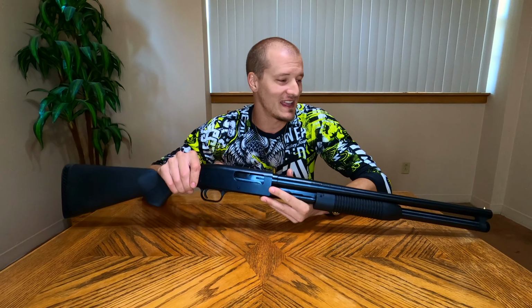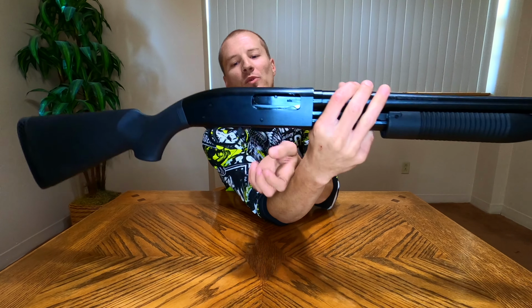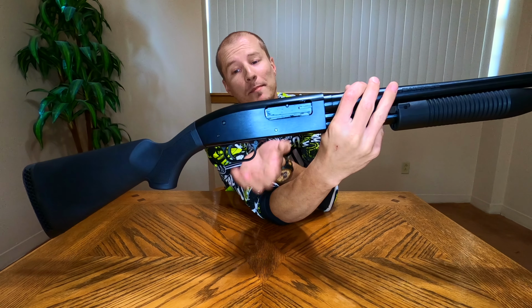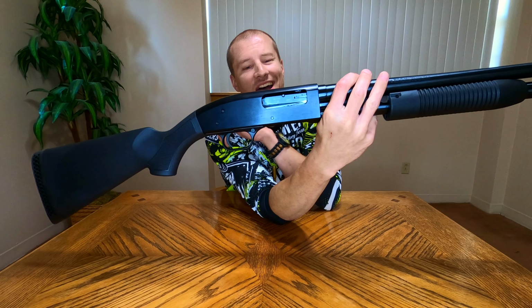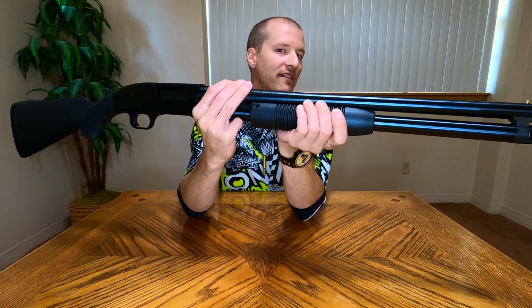They have that Mossberg reliability. They're just manufactured very well. Some of my other tactical 12 gauges, I like the feel of the pump a little bit better than this one. Some of my other ones will have a metal safety, a metal trigger guard. This one has the plastic. The pump doesn't quite feel as good as some of my other guns, but for the price, I really cannot